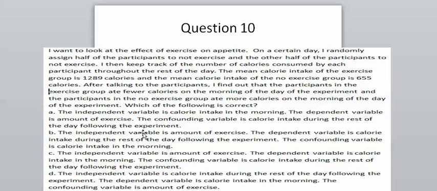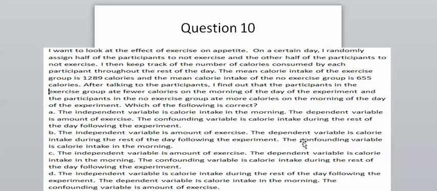Well, I'm looking at the effect of amount of exercise on calorie intake during the rest of the day following the experiment. So that's actually my dependent variable. I want to know if exercising will make them eat more during the rest of the day. But the two groups, the exercise and no exercise group, eat different amounts of food in the morning, which is a confounding variable,